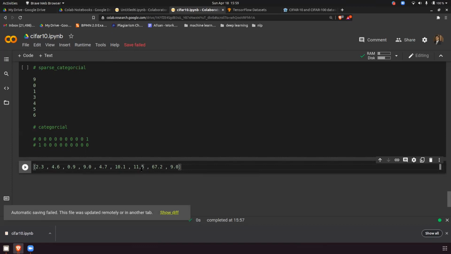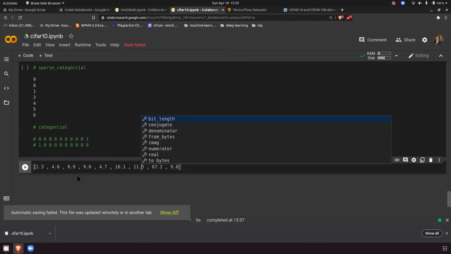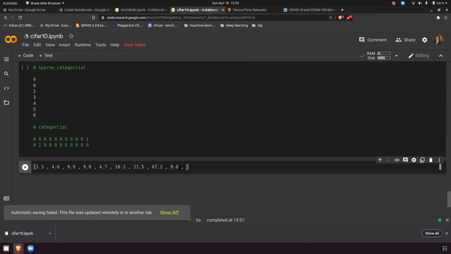So can you tell me which is the maximum value here?